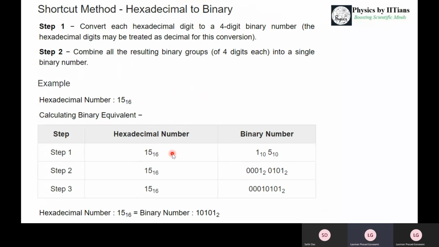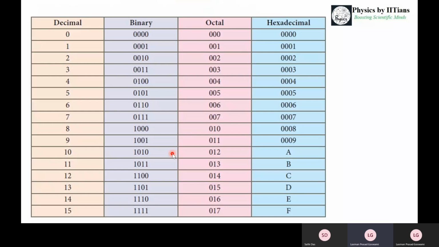Okay. So this is the table of the numbers we have just understood. The decimal numbers are 0, 1, 0 to 15, and their binary numbers are 0, 0, 0, 0 to 1, 1, 1, 1. The octal equivalent for this up till 7 will be the same, and after that we have to segregate the digits. So this 0, 0, 0 will give us 0, and this 1 will be 1 only. Again 0, 0, 1, because we are segregating it into groups of 3 digits. So this 0, 0, 0, 1, 0, 0, 1 will give us 1, and the 1 will remain 1.